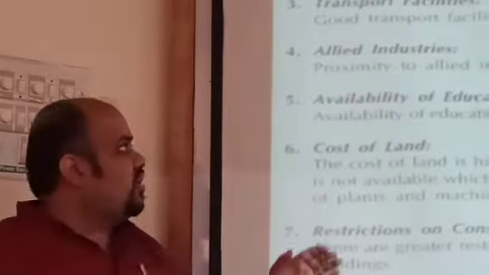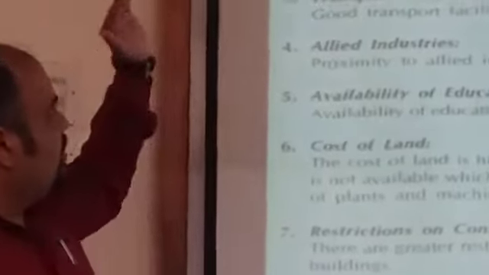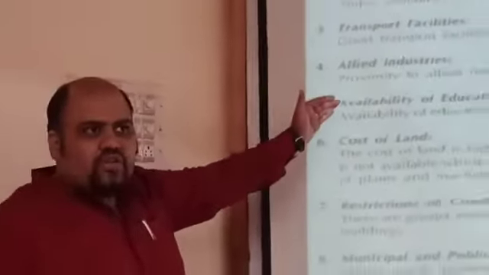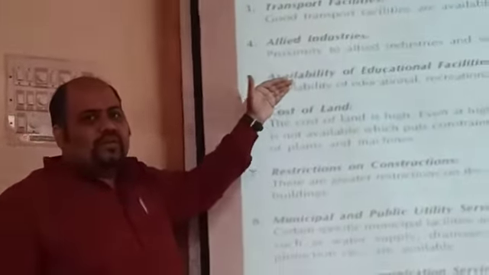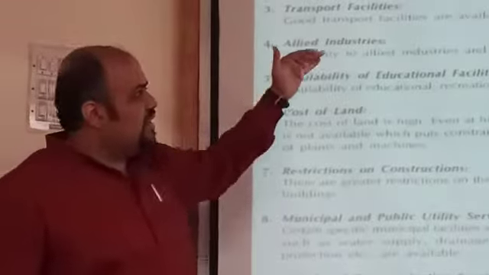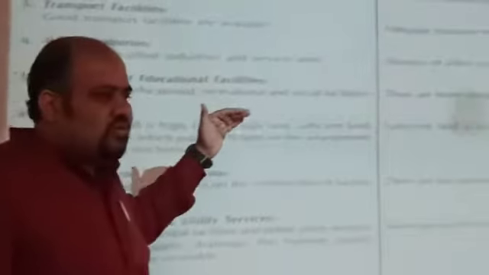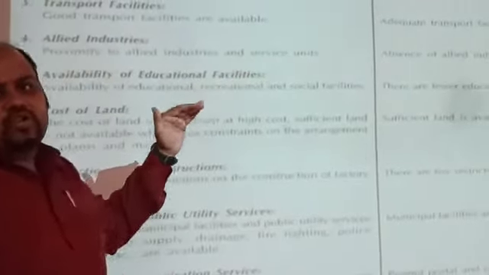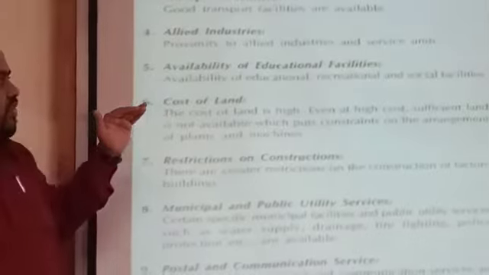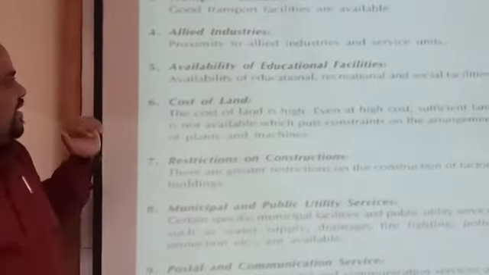Wherein we can see that a lot of industries are starting in the urban areas, and that is why infrastructure, roads, power and other facilities are very good and available in the urban areas. But in the rural areas it is a big problem, because the urban areas are much more developed than the rural areas, and rural roads are not very good, and that is why transportation is not good in the rural areas.